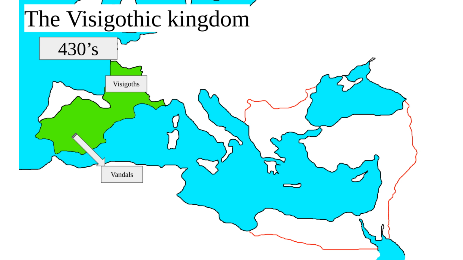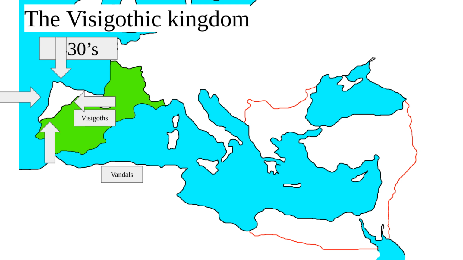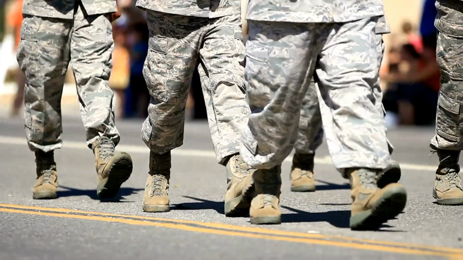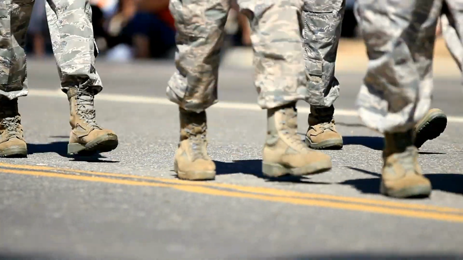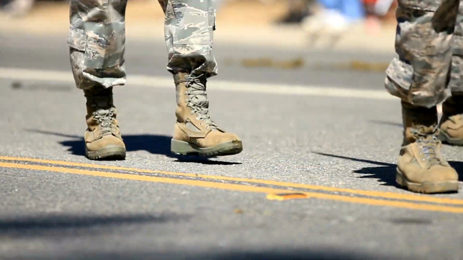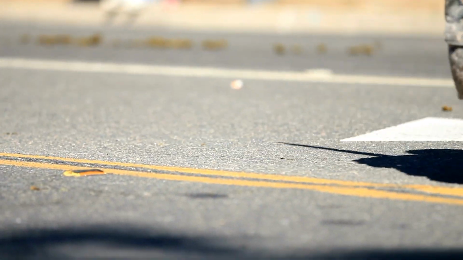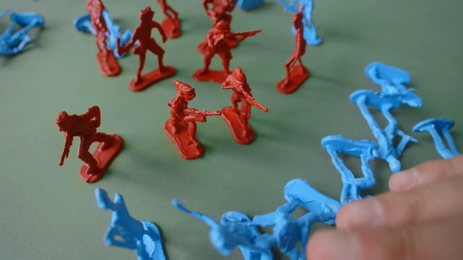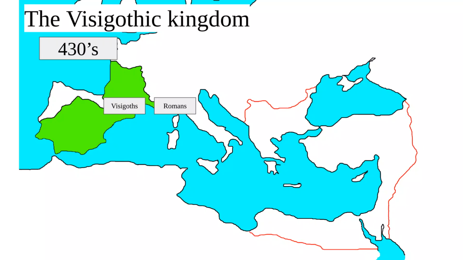Once the Vandals left for Africa around the 430s, the Visigoths were the only force in Hispania, with the exception of the Suevi, that controlled the Iberian Peninsula. It was the military usefulness of the Visigoths that allowed them to first be employed by the Romans and later allowed them to stay in the province. The relationship between the Visigoths and Roman rule was complicated.